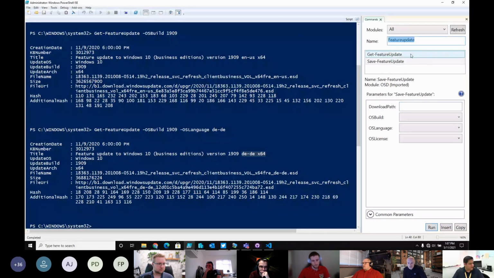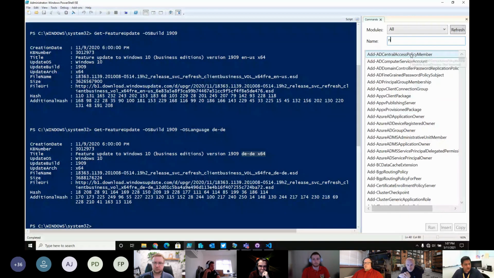We can see New-OSDCloudTemplate, and there's a simple checkbox that tells it WinRE. And what this WinRE does, it's going to take your WinRE from your OS. So hopefully you're not on server. This is what enables wireless, but it will convert the WinRE to a WinPE.